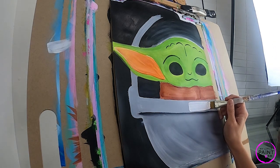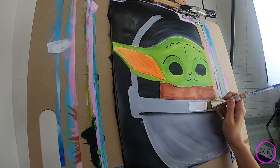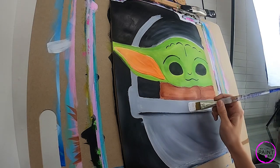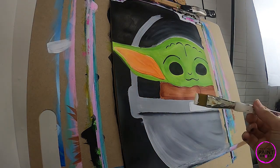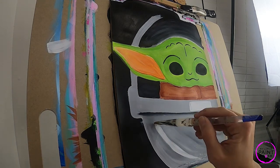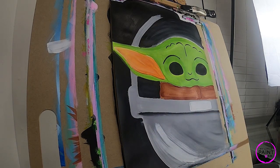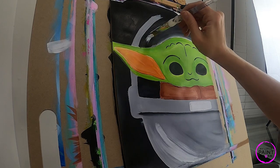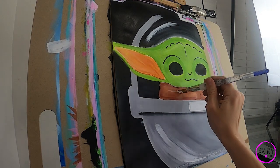So we're gonna go right across here. Just make sure it looks like a good triangle for us to put those lights in. There we go. And we're just gonna let that dry for just a minute. And while I have this white on my brush, I'm gonna go ahead and add some highlights. So we're just gonna brush it on here on our ship. Okay, I'm gonna come right up here to the top and brush it in there as well, right inside my carrier. Okay, I have some right here just inside my